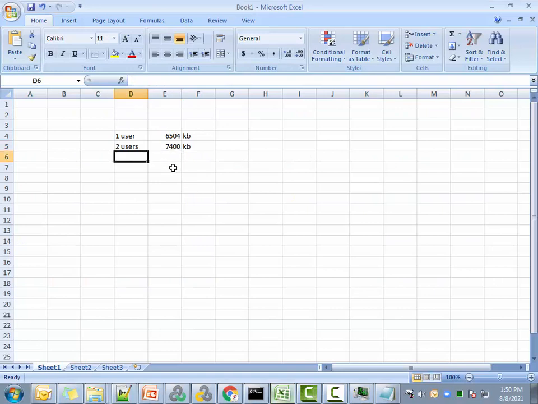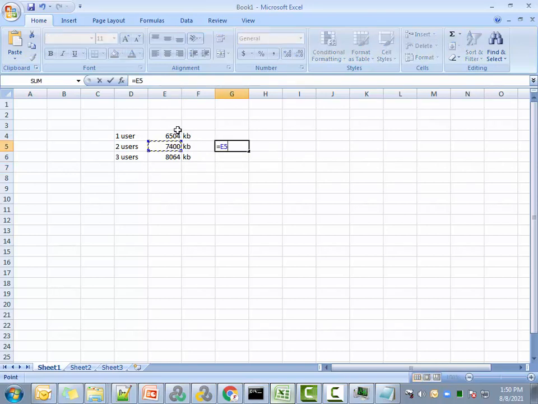3 users, 8064 kilobytes. Is this bytes, kilobytes, megabytes? It's kilobytes. So let's calculate, let's subtract this one from this one, which is 896